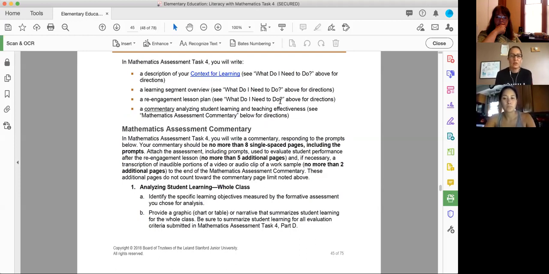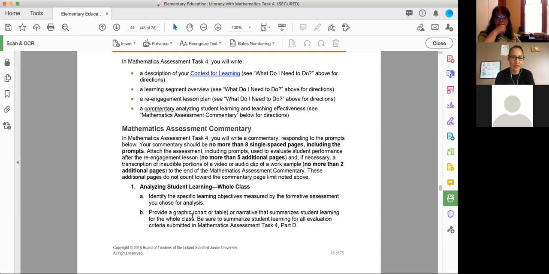Okay, so first it says identify the specific learning objectives measured by the formative assessment, provide a graphic, chart or table, or narrative that summarizes student learning for the whole class. Be sure to summarize student learning for all evaluation criteria submitted in mathematics assessment task 4 part B. So